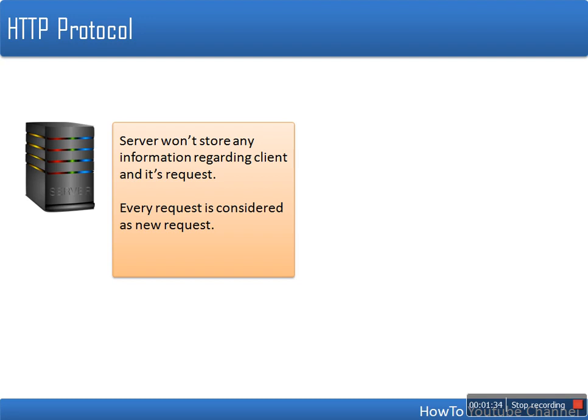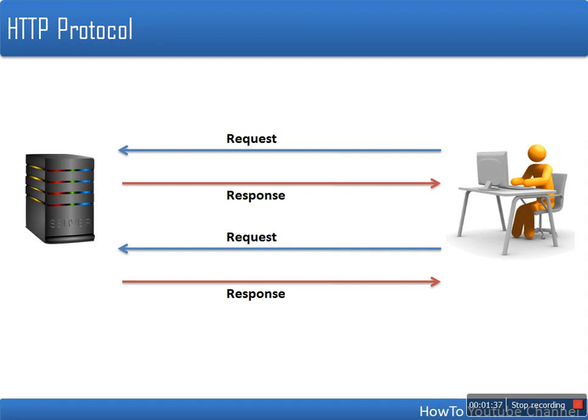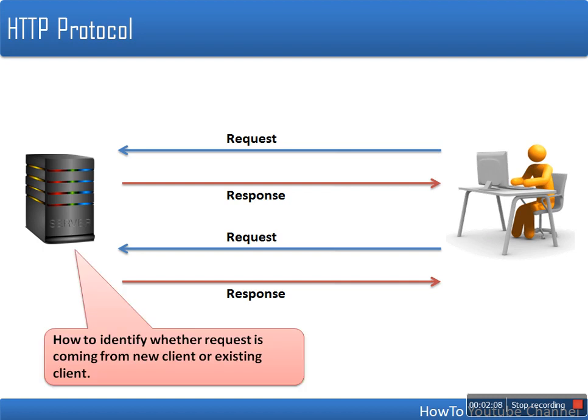Now with this strategy, what is the problem? If the same user is sending multiple requests, the server won't be able to find out whether these requests are coming from the same user or from a different user. So the problem with this HTTP protocol is that, because there is no information stored about the client on the server, the server cannot find out whether a request is coming from the same client or from a different client. In order to solve this problem, so that the server can identify that the requests it is receiving are actually coming from the same user,